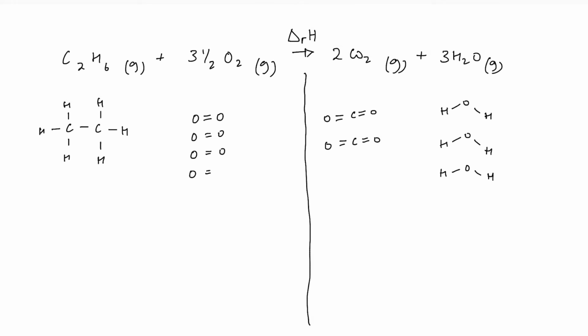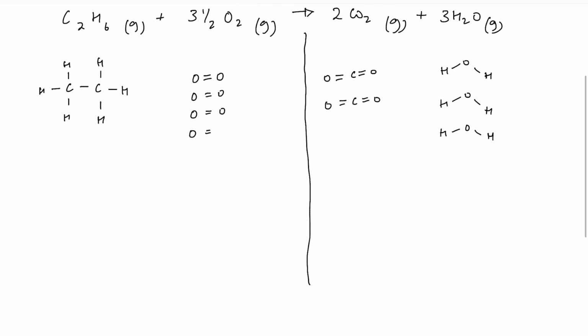Now, by drawing out these molecules, you can see how many bonds we are making and breaking. In the exam question, you'd be given the data for the average bond enthalpy for each bond. I'm not going to write those all down, but I can see from my molecule that I will need to break one carbon-carbon bond, 1, 2, 3, 4, 5, 6 carbon-hydrogen bonds and 3.5